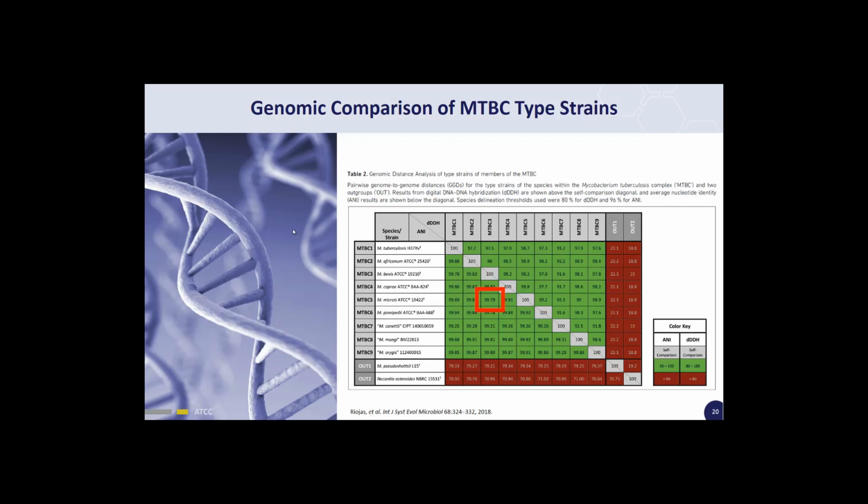Again, this is well above the 96% threshold that would indicate that these are different species. In fact, looking at the entirety of the table, it becomes clear that all of the species of the MTBC are extremely closely related. The type strains of all of these species are circumscribed by each other, including, most importantly,